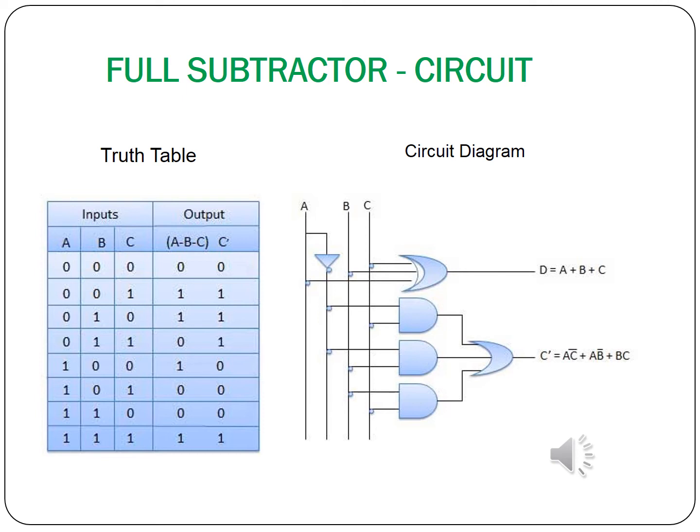Another combination, 0 0 1. A minus B, 0 minus 0, is 0, and the result of A minus B, 0, is subtracted with the other input C. So 0 minus 1 is not possible, so a borrow is needed. So we need to borrow 1 bit. So the output of the 0 0 1 combination is 1 1 from the full subtractor.